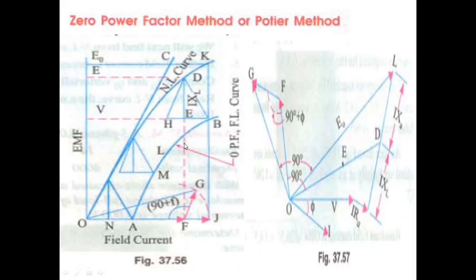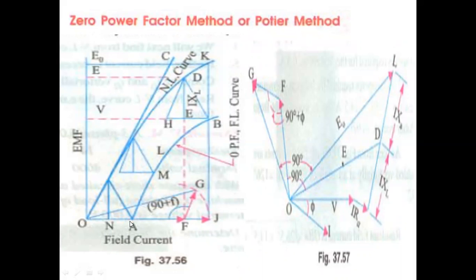So here we have to adjust the field current, and we get full load armature current with zero wattmeter reading only. If you see figure 37.56 here, point B is obtained when the wattmeter reading is zero only. And point A is obtained from the short circuit test with full load armature current. We have to put the full load armature current and perform the short circuit test.